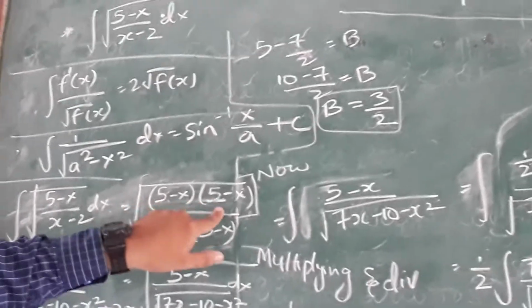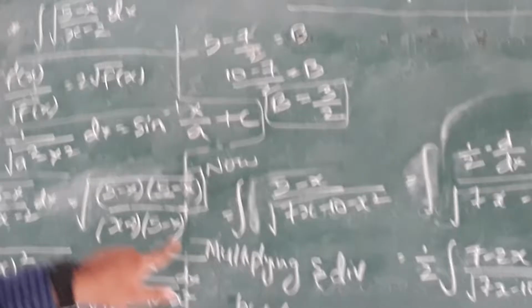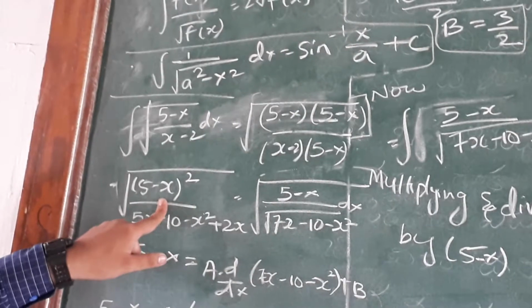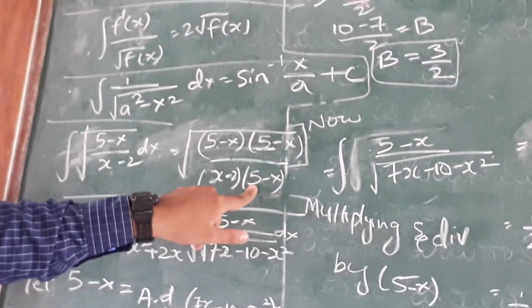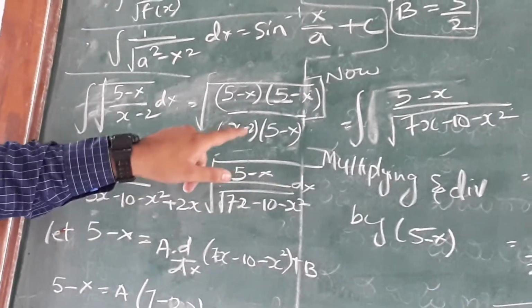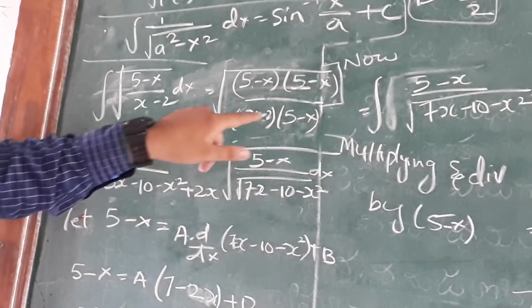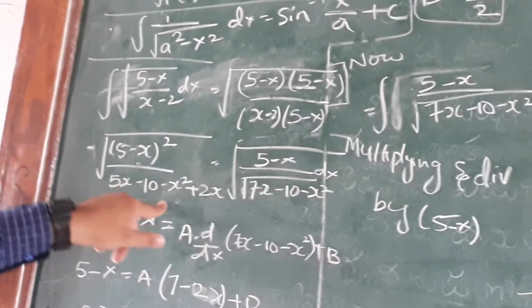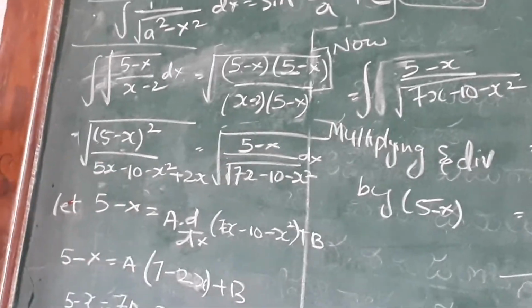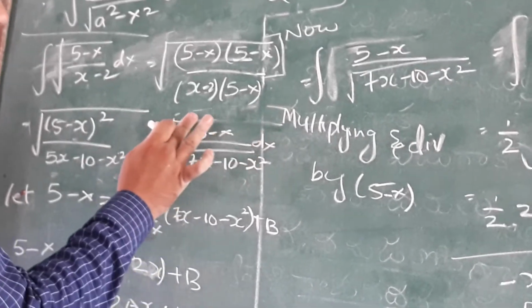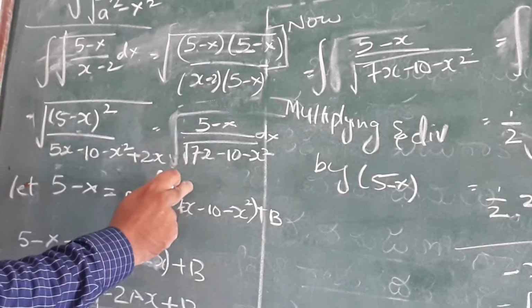As we are dividing, see here, we have multiplied 5 minus x in numerator and denominator. So the denominator will be 5 minus x whole square. And here we multiplied: x into 5, 5x; x into x, x square, minus with minus x square; 2 into 5, 10, minus 10; and 2 into x, 2x, and minus into minus is plus. So this is the answer we have got. Now this square and this root get cancelled, so only the denominator remains under root.